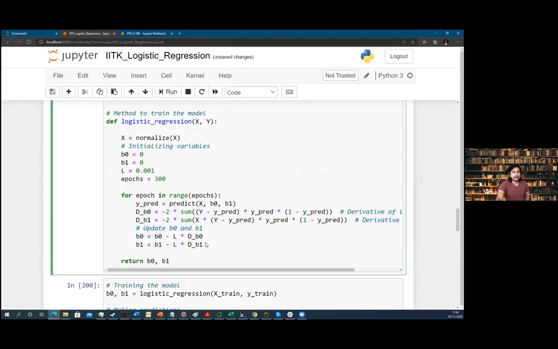So now to have the loss function, this is how the logistic regression is going to update itself.